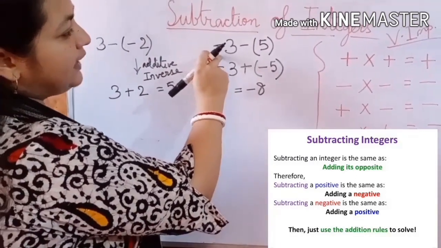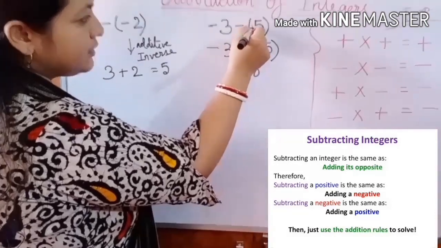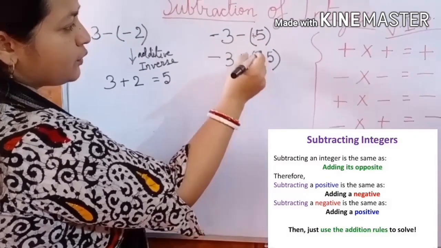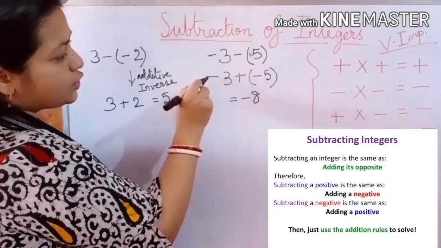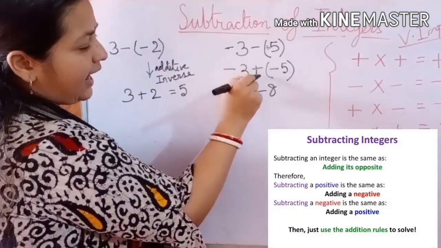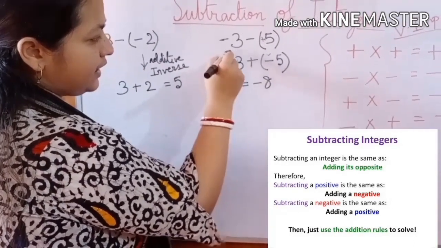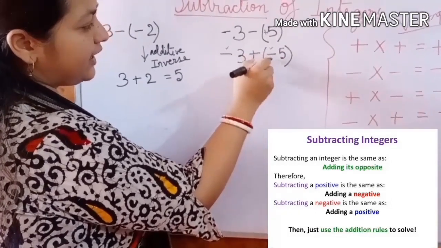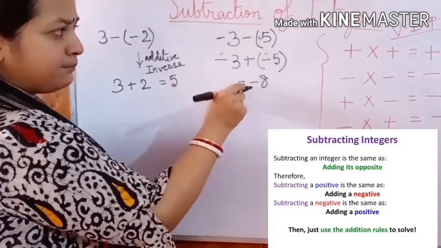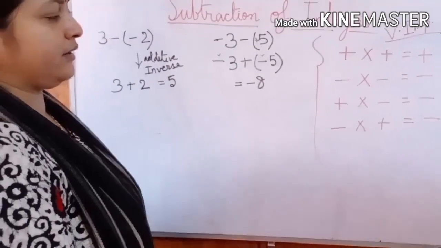that is 5. If we have minus 3 minus, this is plus 5. No sign is there, that means this is plus 5. So what is the additive inverse of plus 5? It is minus 5. So minus 3 and minus 5 when added, both have the same sign, so we add the values. 3 plus 5 is 8 and both have the minus sign. It is minus 8. But the shortcut is to remember that